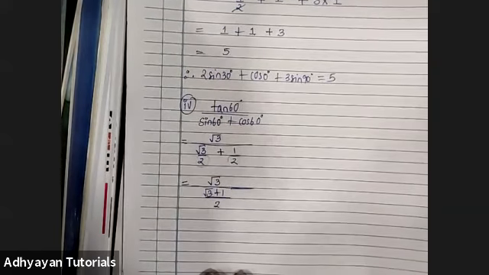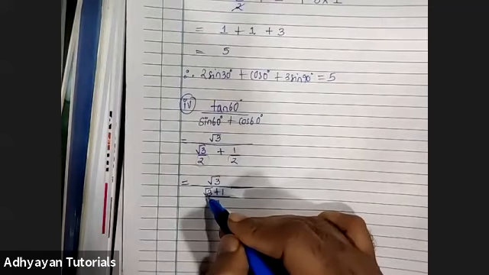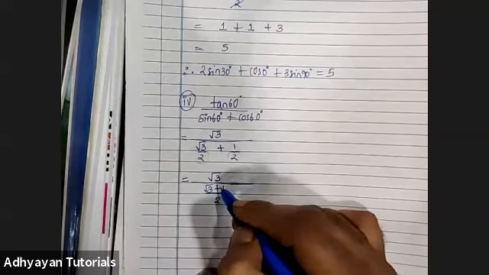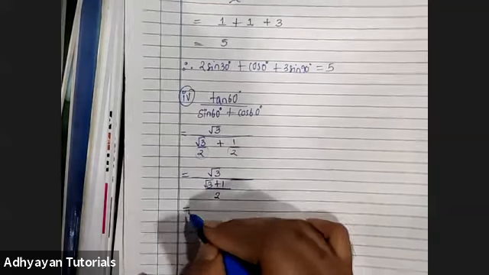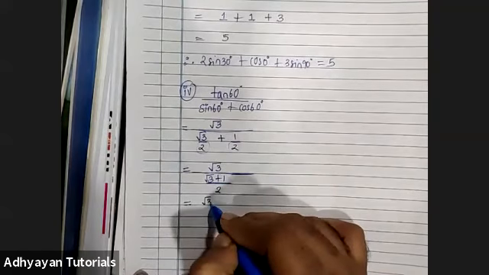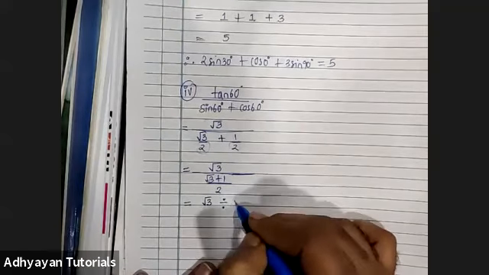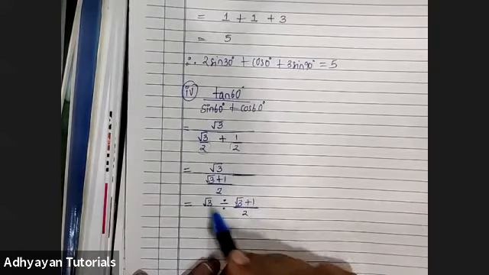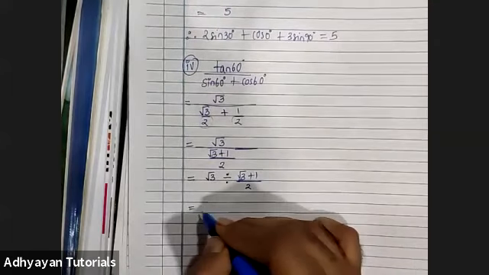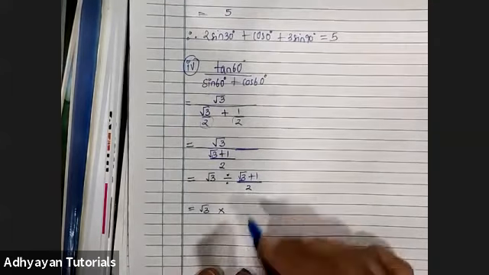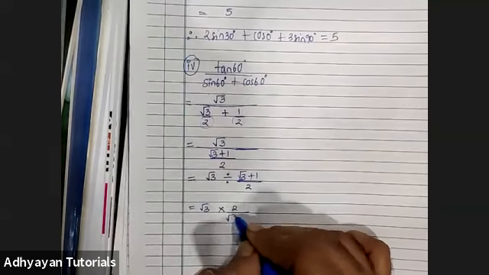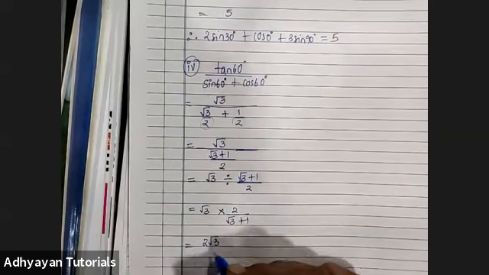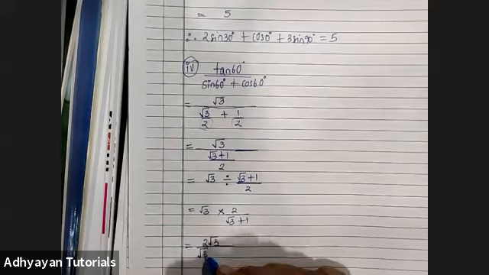Now there are many students who have this temptation of cancelling root 3 and root 3. You cannot, because this is a monomial, a single term, and there are two terms here, children. You cannot cancel those. Now what you have to do is root 3 divided by root 3 upon root 3 plus 1 upon 2. This is how you imagine this. And then the division sign, children, changes to multiplication. ये जो 2 है numerator में आएगा, root 3 plus 1 denominator. So 2 into root 3, the answer is 2 root 3 upon root 3 plus 1.